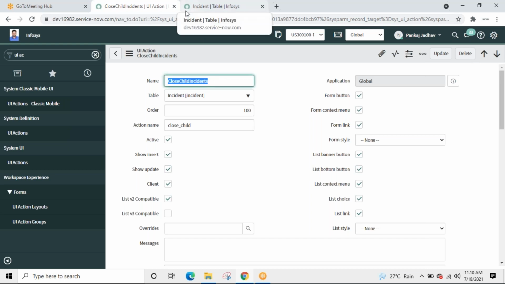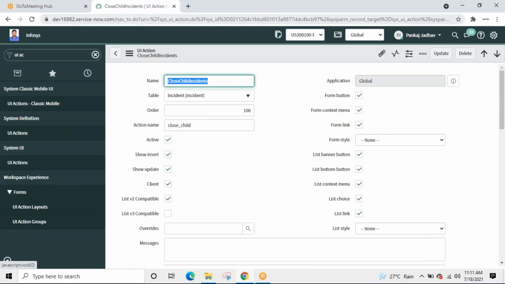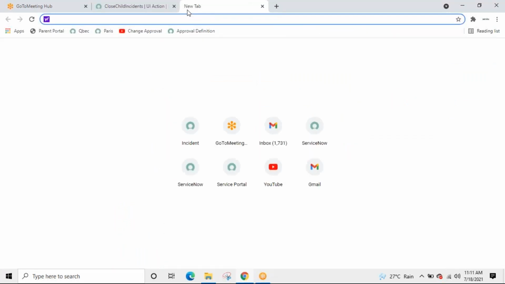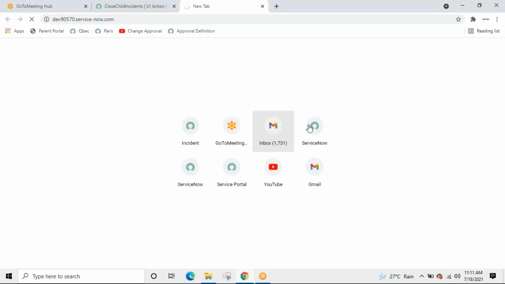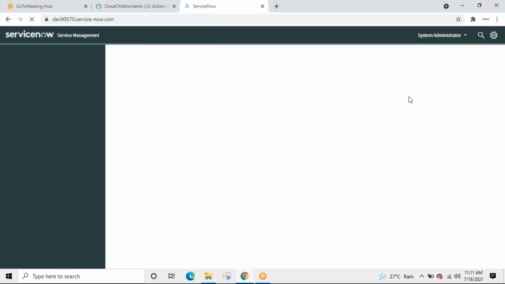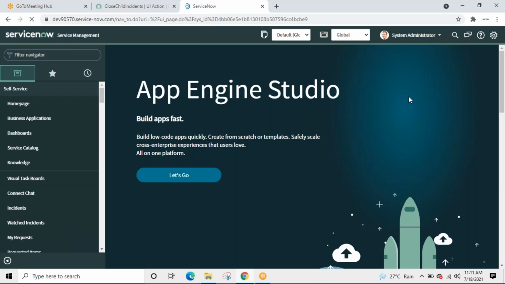Let us go to Quebec, close this, Quebec. Why I am doing it on Quebec? No special reason, only because I have done lots and lots of customization in my old instance. So you people will be confused what is out of the box and what is new. That's the only reason.